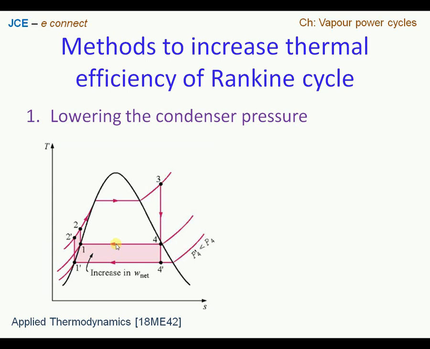So with this small variation, by decreasing the condenser pressure, we can see that this much area is being saved. That means heat rejected is saved. In other words, the work done has increased. And we also see that the heat addition has increased, from 1 to 2, 2 to 2', 2' to 1'. So on one side heat rejected has reduced, and on the other side heat addition has increased. Therefore this will obviously reflect in improvement in the thermal efficiency of the power plant.